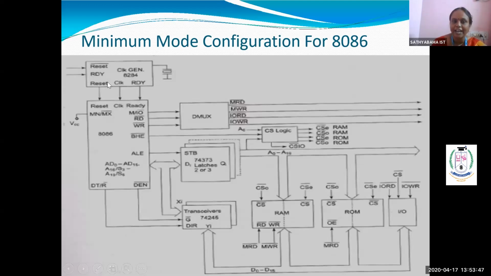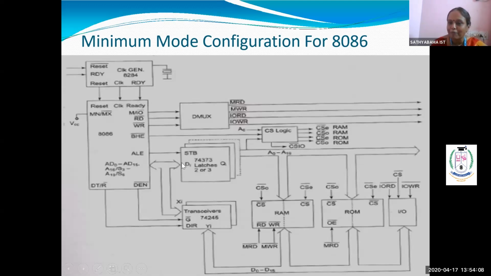Clock generator 8284. It's mainly for clock generation. I told you that for the clock signal, one pin is used. That clock signal is mainly to generate the clock pulse. So using that, the clock will be generated by the clock generator, and that is given to 8086. Okay. Apart from that, we have to know